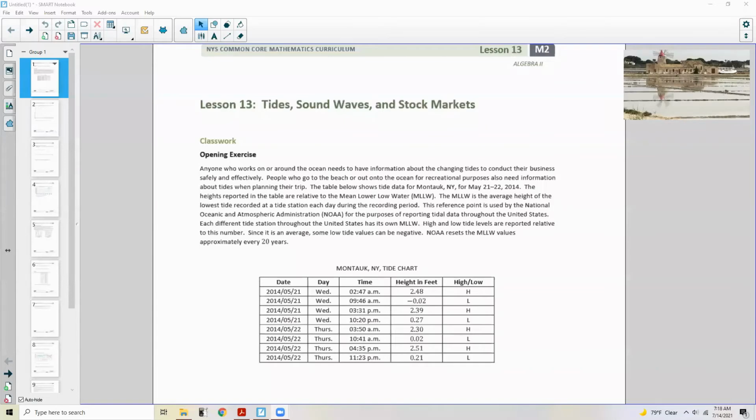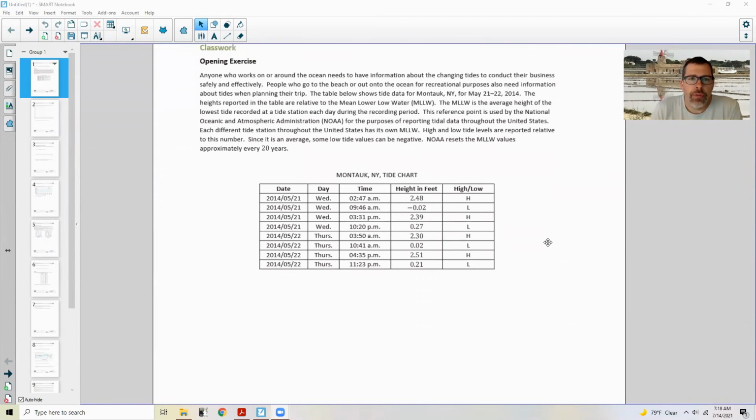All right, lesson 13, tides, sound waves, the stock market. Classwork opening exercise. Anyone who works on or around the ocean needs to have information about the changing tides to conduct their business safely and effectively. People who go to the beach or out onto the ocean for recreational purposes also need information about tides when